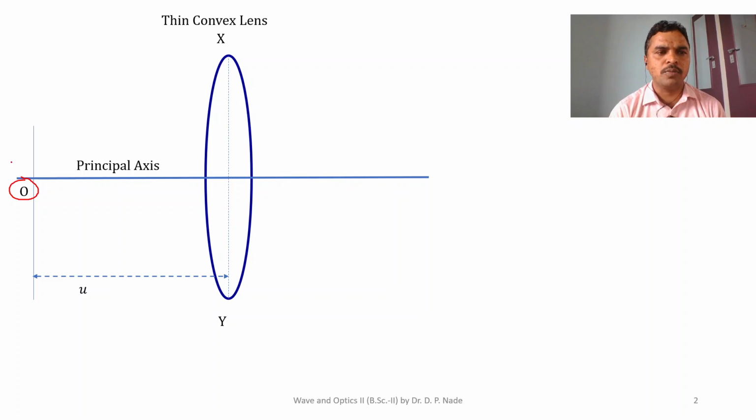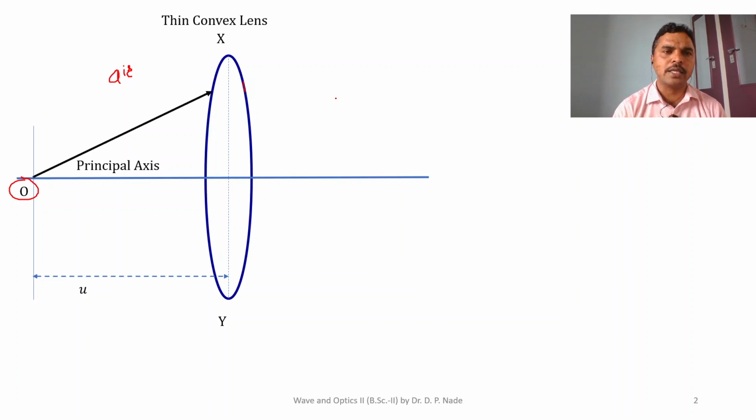Suppose that this object is emitting light towards the lens, so it will be incident on the lens. The lens has two curved surfaces, the first curved surface and the second curved surface. Whenever light travels from the air medium, the rare medium, to the denser medium,